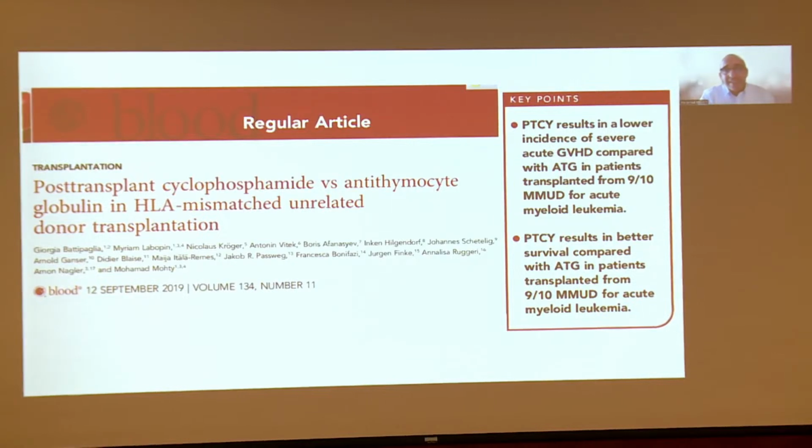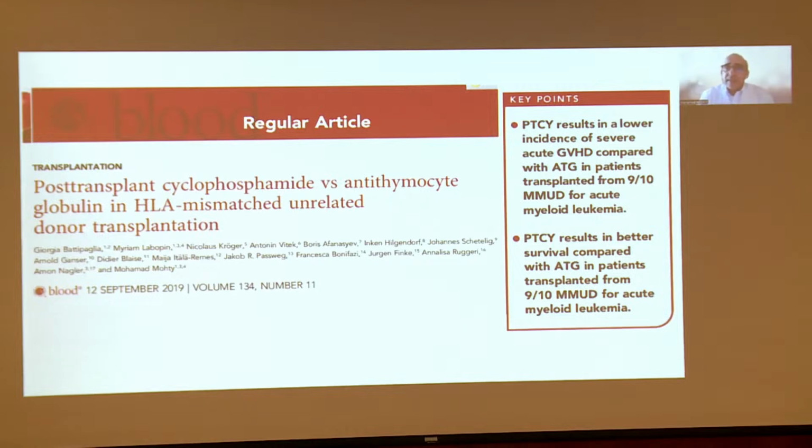And this is exactly what has been done in this work from the Acute Leukemia Working Party of the EBMT, published now more than 4 years ago, actually, showing that using post-Cy in the HLA mismatch unrelated donor